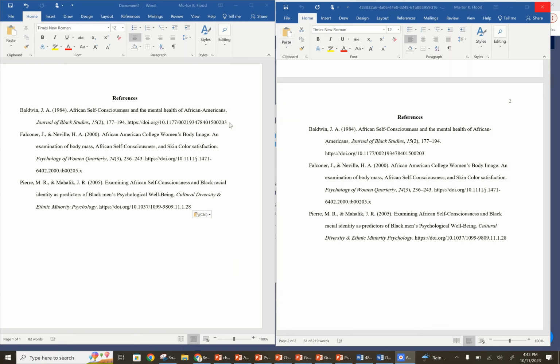Also, just before I forget, if you click into where this web page DOI link is, and you put the cursor at the very last number and then press the space bar, it'll create a hyperlink. That's going to be very important, so when I'm reviewing your articles, I can clearly find where the articles are. So please do that